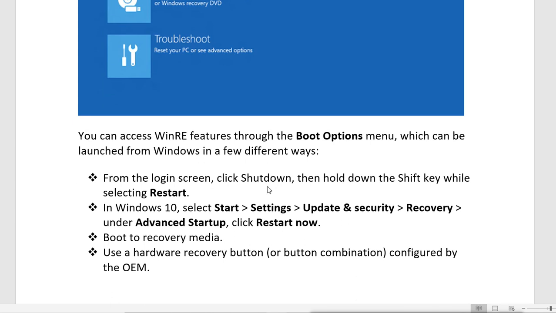From a login screen, right click, click shutdown, then hold down the shift key while selecting restart. Very simple: if you want to go to the Windows Recovery Environment, hold down the shift key and press restart. When you restart holding the shift key, it will restart the system and go to the recovery environment, and you will see this recovery environment.